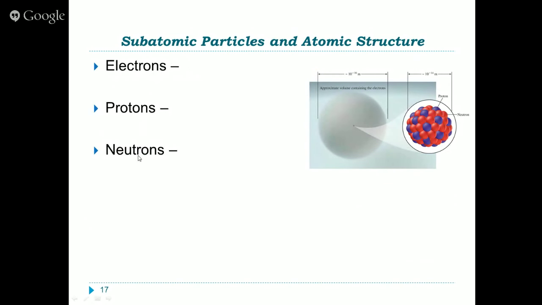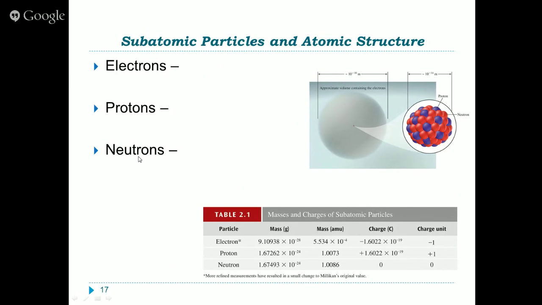So electrons, protons, and neutrons, where are they? What are their charges? Electrons, we denote as having a -1 charge, and they are found on the outside of the nucleus, thought to float around like planets orbiting around the sun. You will notice too that the mass of an electron is about 10,000 times smaller than that of protons and neutrons. So protons are located in the nucleus, and they are positively charged.